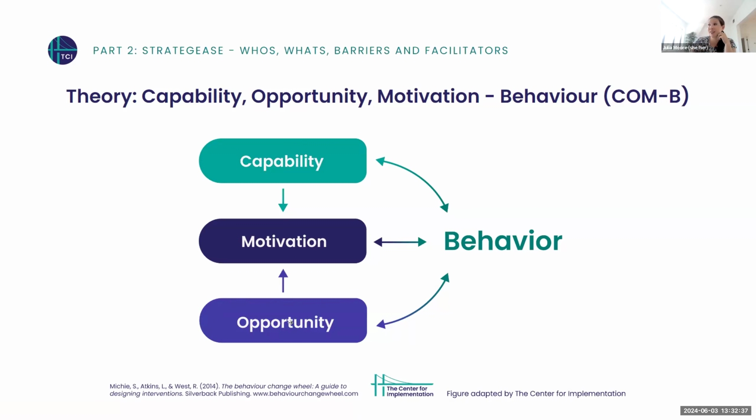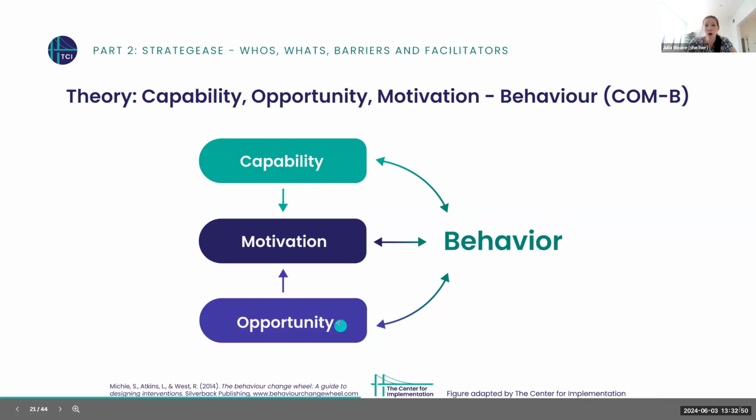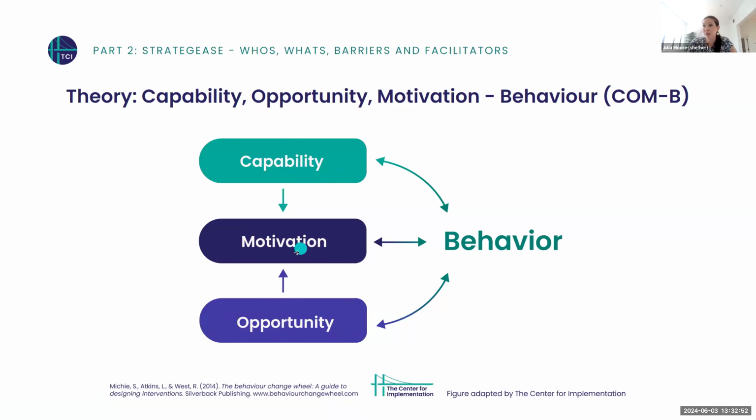I think that a lot of us love spending time on capability building, right? Everyone loves to train. Let's educate, train, build all these training materials for people. And there's an increasing amount of work put into creating opportunities. We think there's a huge opportunity, in fact, to unpack what motivates people to change, because we're not always thinking about that, what is motivating people to change.